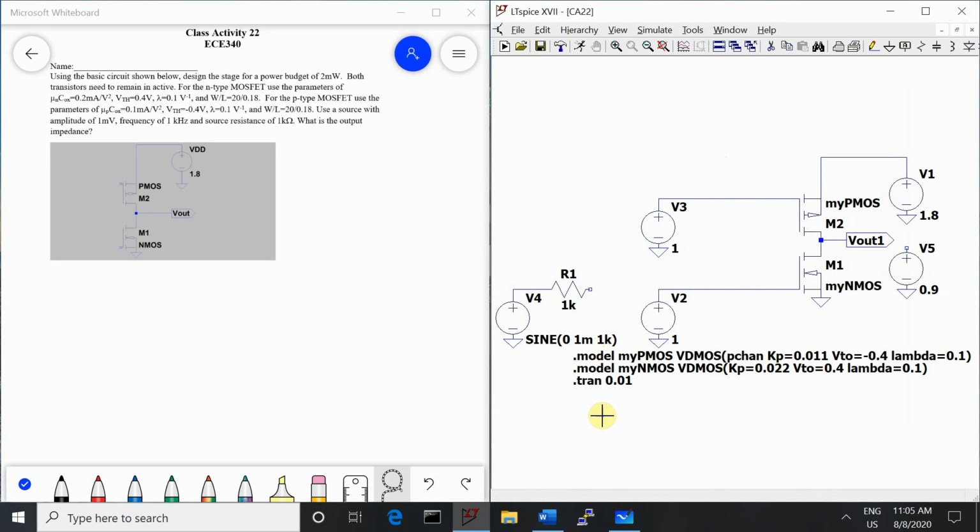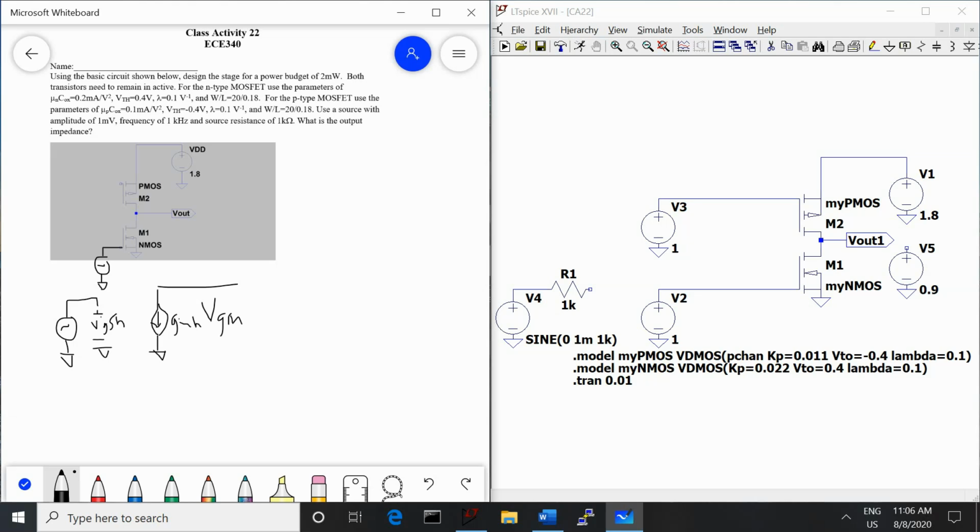So with our setup, we will begin by drawing the small signal model and calculating the gain equation. So in the end, we'll have a sine source here. So we can begin by drawing the sine source, and then it goes directly to our NMOS MOSFET. So we'll have VGSN, and then our dependent current source, which is GMN, N for the NMOS, times VGSN, and